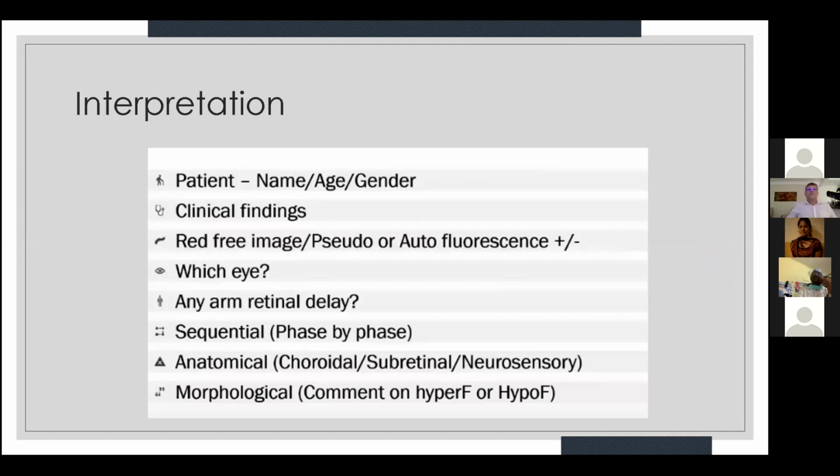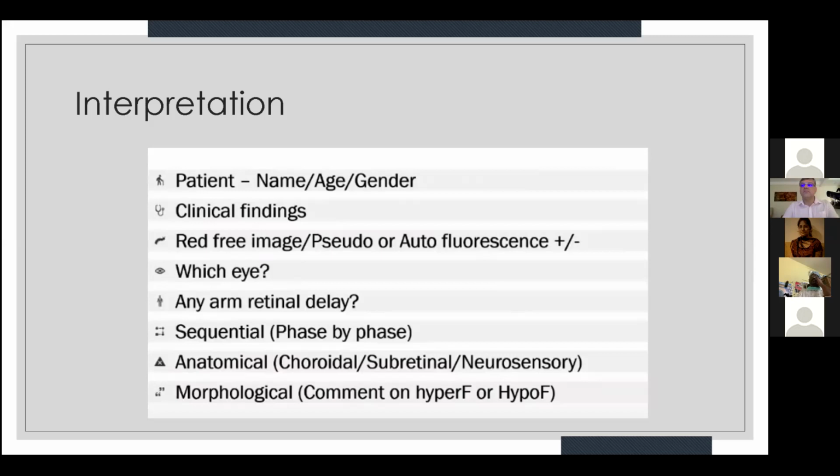So make sure that you know the clinical findings, see the first clinical examination. Then always make sure you take an autofluorescent red-free color picture and autofluorescent picture. Always when you're naming it, which eye, is there any arm retinal delay? Always make sure that you have all the sequences and you present it in a sequential manner, and make sure